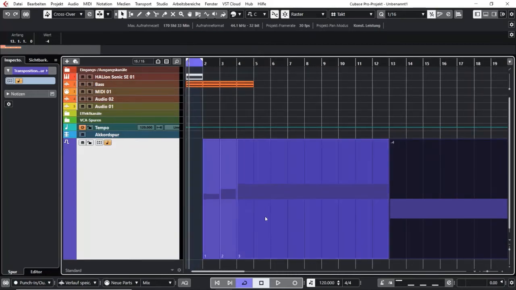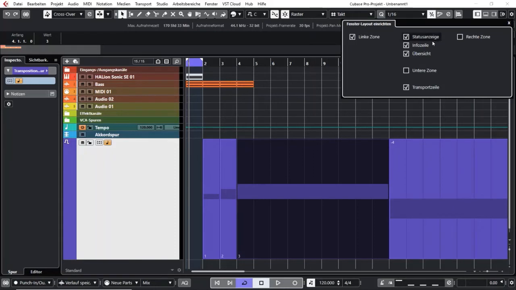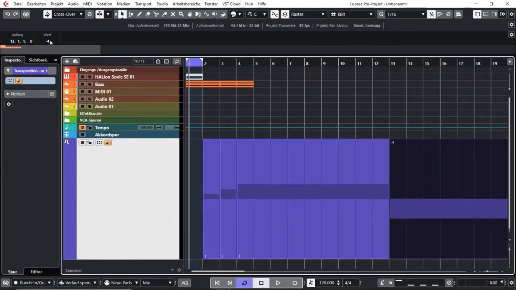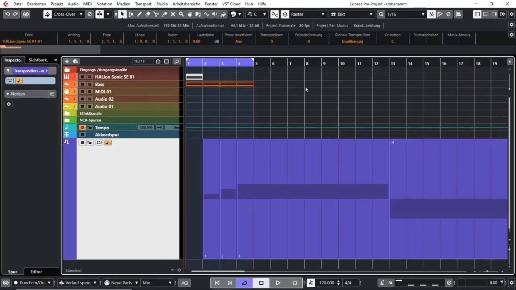You see inside my events there is a darker part and it shows, oh, it just goes 1 half step up, and here 2 and 3, and here the darker part shows 4 half steps down. So I can also see what my transposing track does. Plus, if you have activated your info line up here, it will always show where the transposing event starts. So at bar 13, the first beat of it, and it transposes 4 half steps down. And I click this event and it shows it starts at bar 3, first beat, and transposes 2 half steps up. So right now, if I listen to my track,